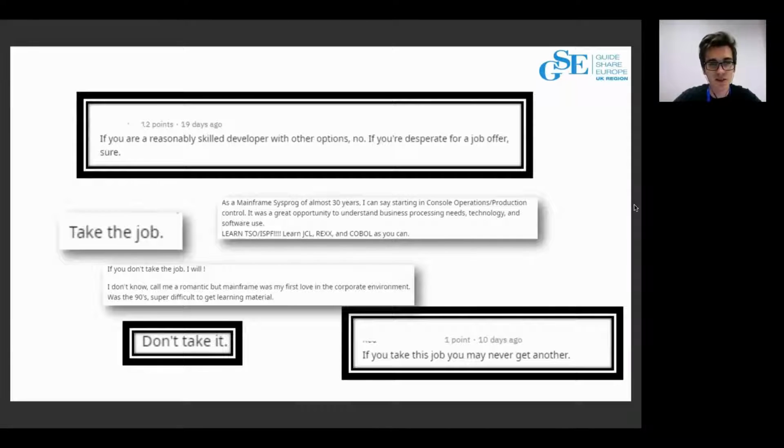As you can see, we have both positive and negative feedback on the mainframe. Some people say that mainframe is even romantic. Some people say take the job, it's great. Some are too pessimistic and say don't take it. And you know what?